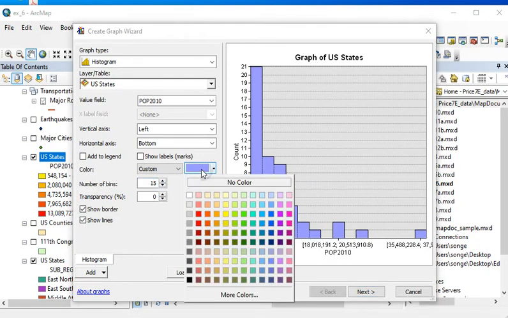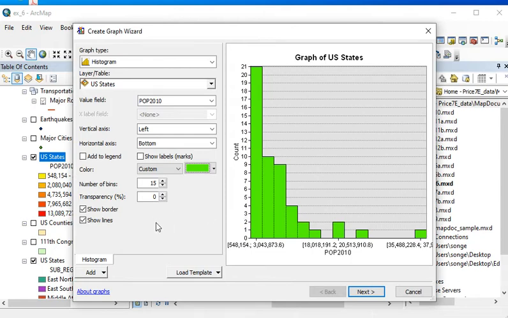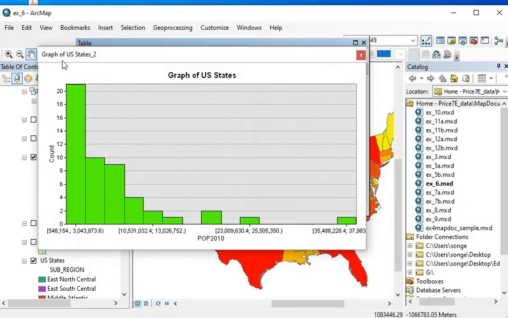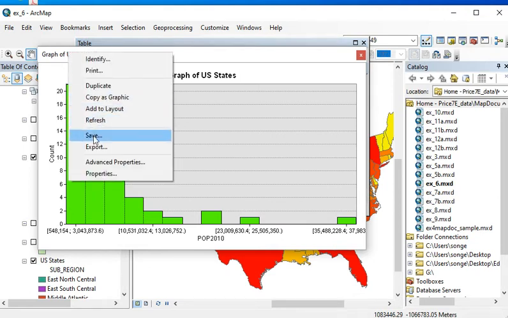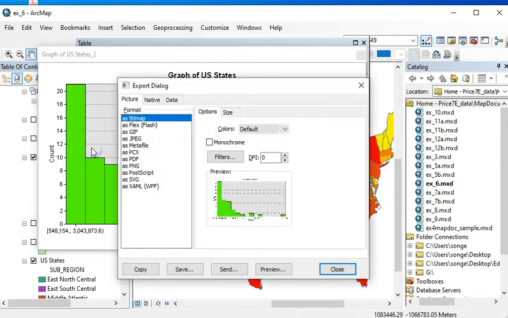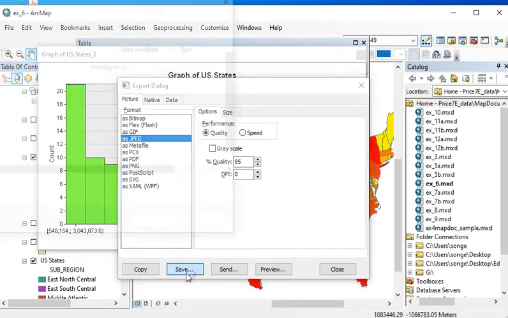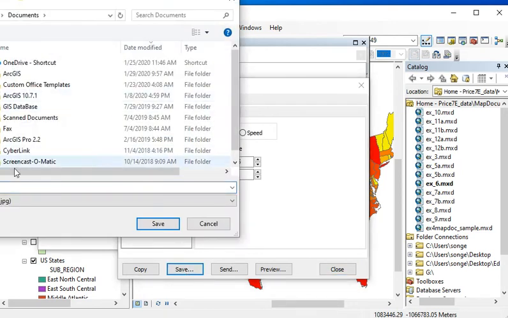Because it's a histogram, I can't match the different bars to the colors, but I can choose color bars if I want. And then again, I have the option to change the titles and finish it. So I'm going to finish that one. And I'm going to right click here and I'm going to say export as a JPEG. I'm going to save that on my desktop and call it